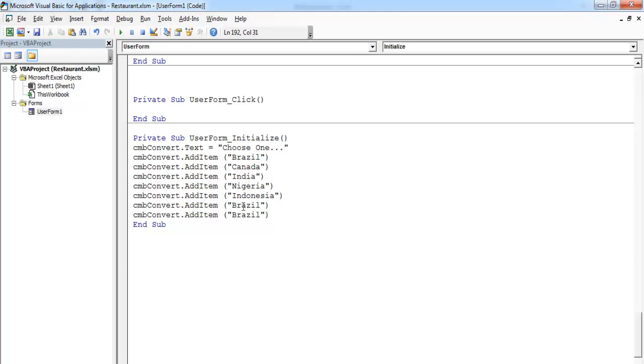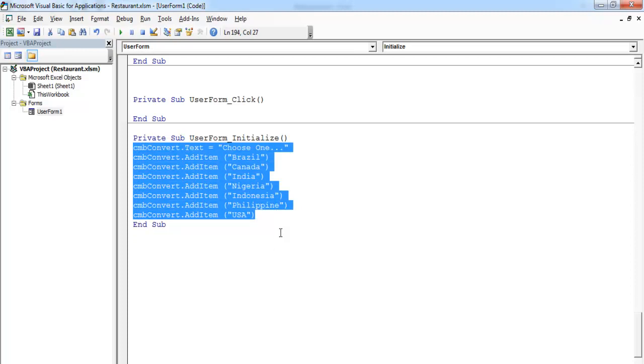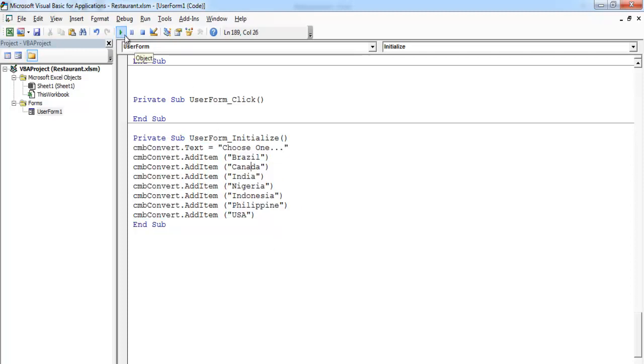I think the spelling is right, and let's enter Philippines. Yeah, I think I'm right. Then finally let's enter USA. So what will happen is when I run the program, all of this information will be displayed on